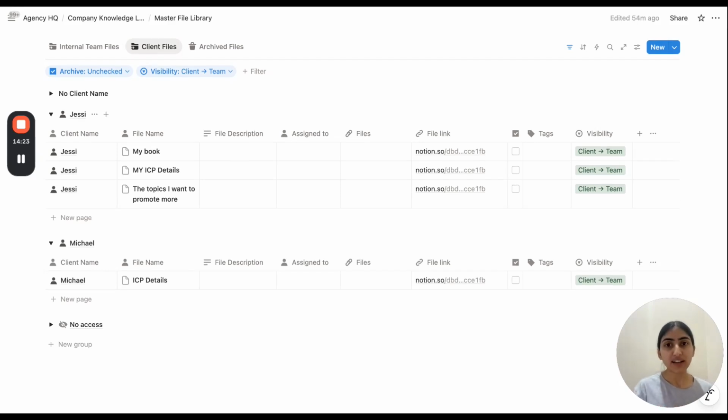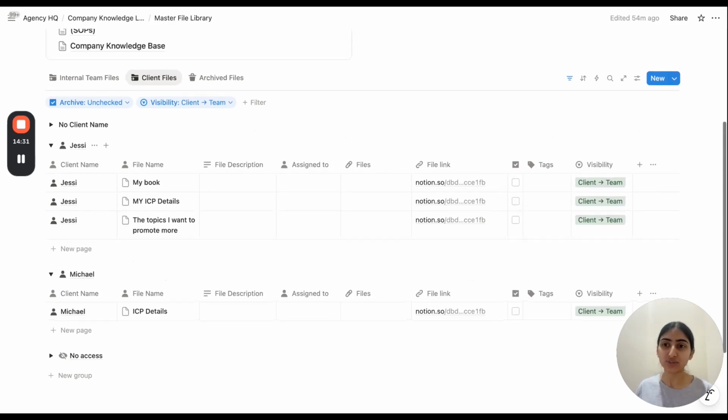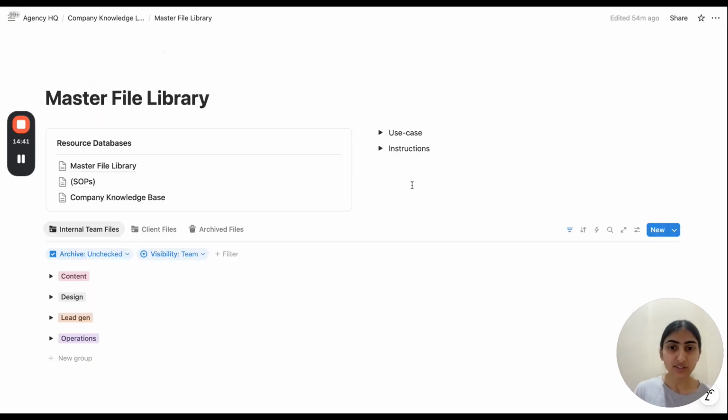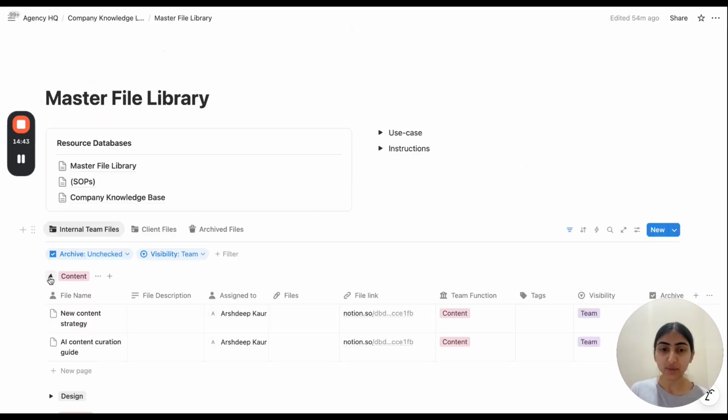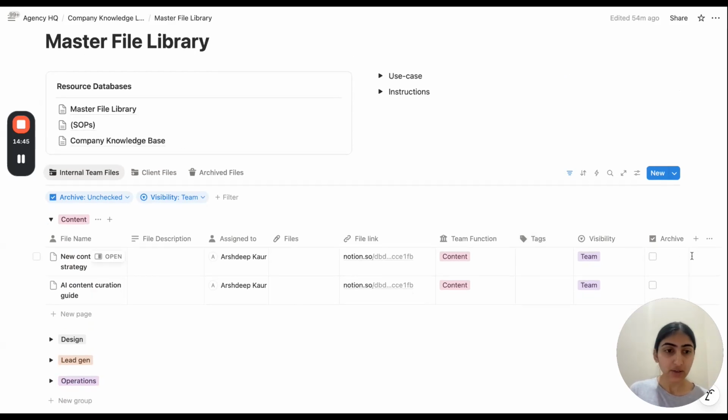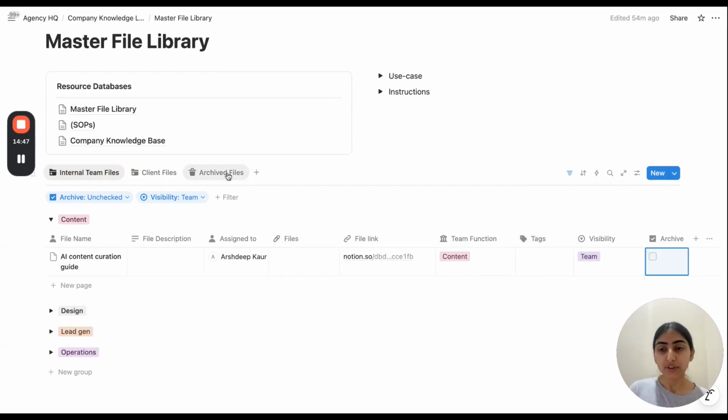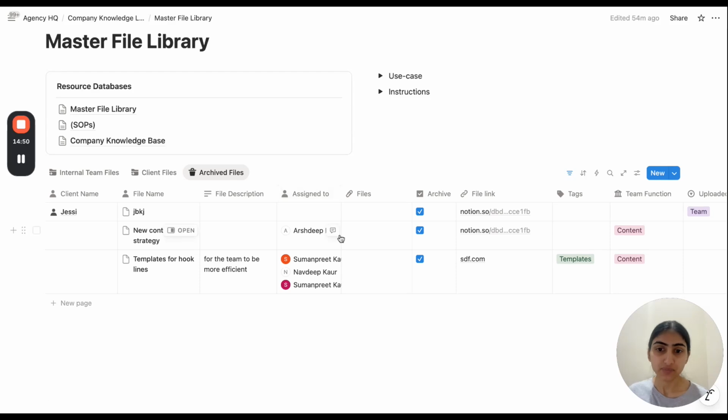Whatever sources are added by your client in their client portals get automatically updated here, because the file space of client files and the file sources in client portals are interlinked. And let's say you are not using any file anymore, you can simply click on the archive button, and it will be moved to this section.